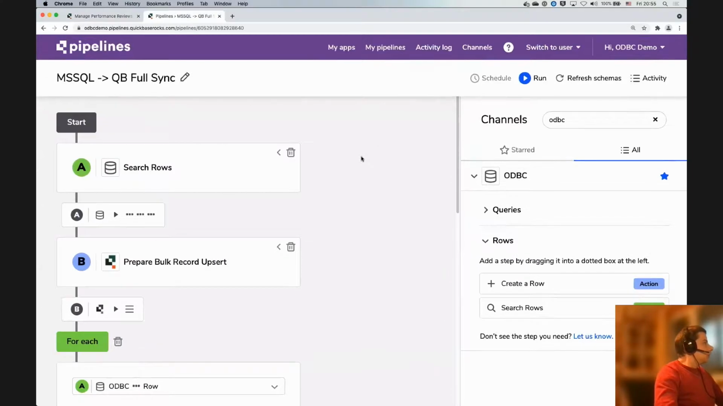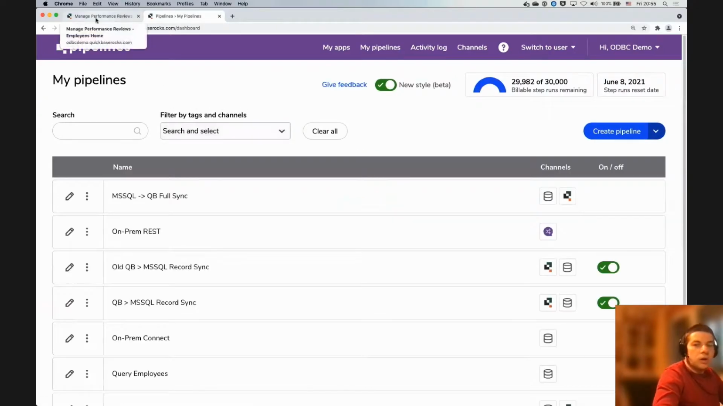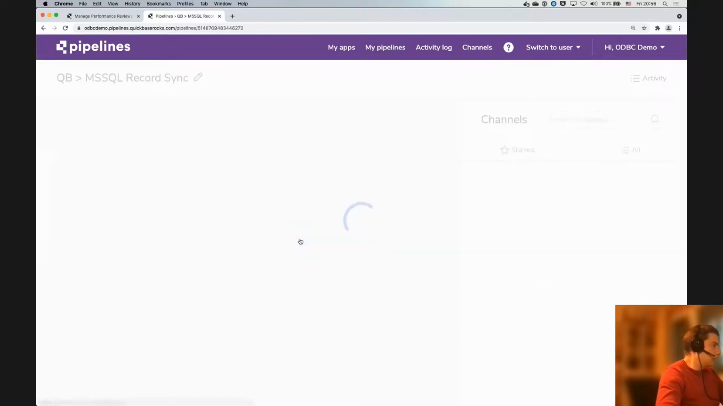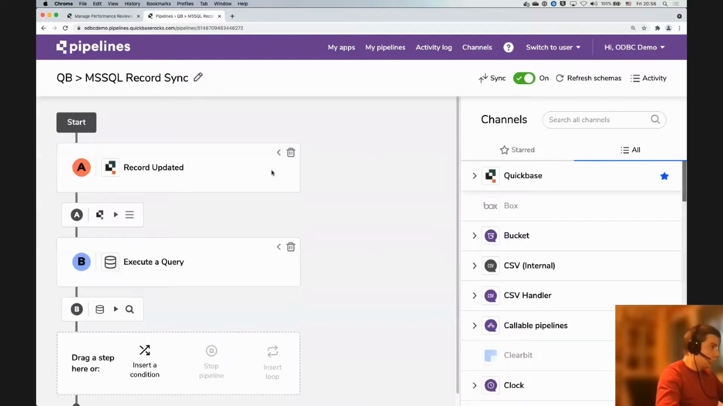The next thing is that now that we have this data and we can work with it in Quickbase, we might want to update some of these fields. And it would be nice if we can propagate these updates back to the SQL Server database, which could be the system of record. So for this direction, we have another pipeline that reacts on updates of particular records on